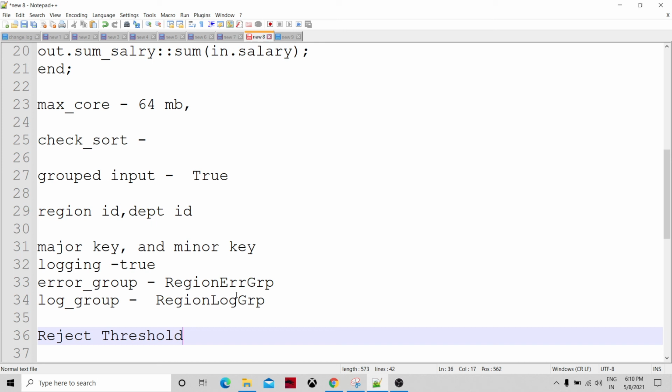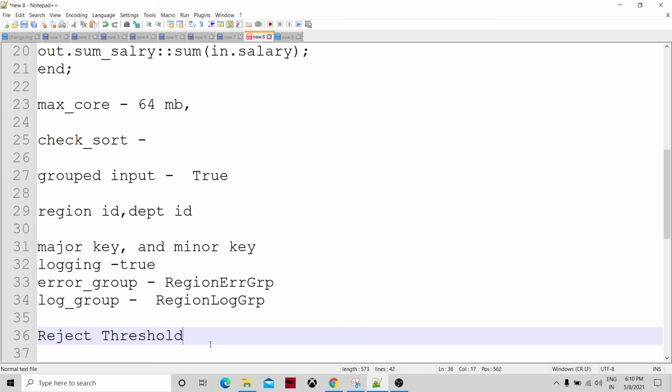Never abort means the component will not stop the execution of the graph no matter how many reject events it generates. Ramp/limit means the component uses the settings of the limit and ramp parameters to determine how many reject events it is going to allow before it stops the execution of the graph.